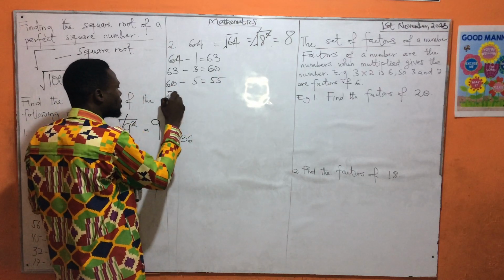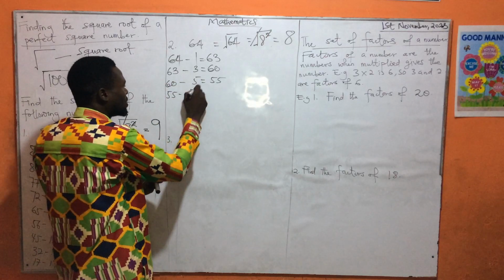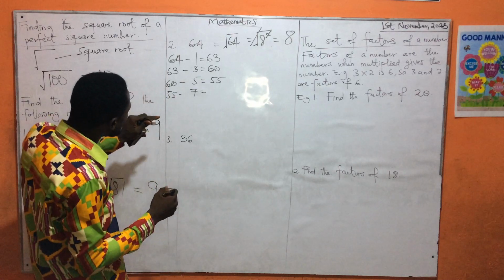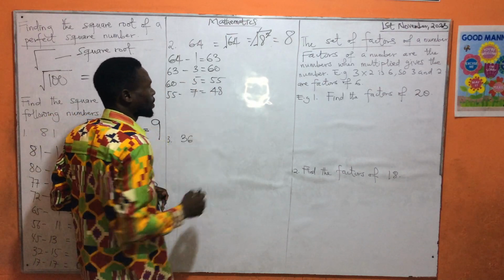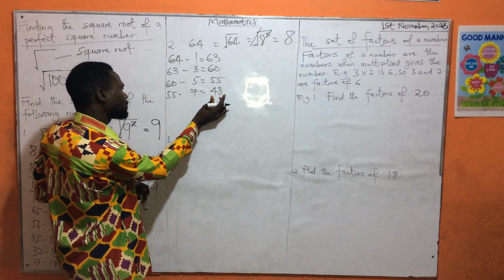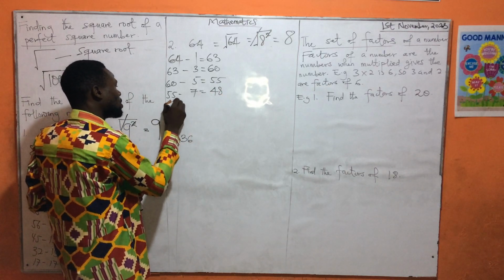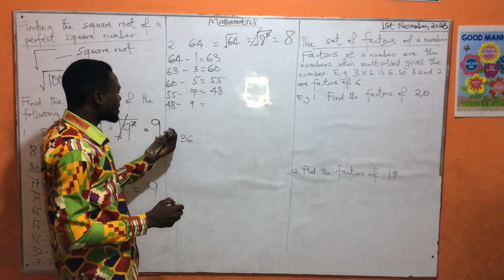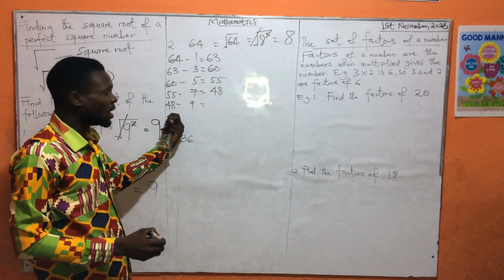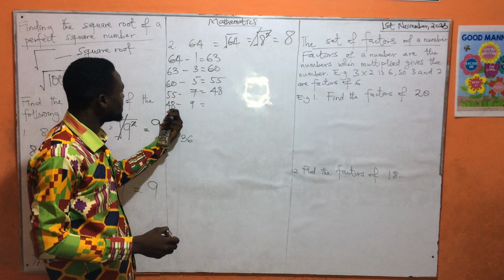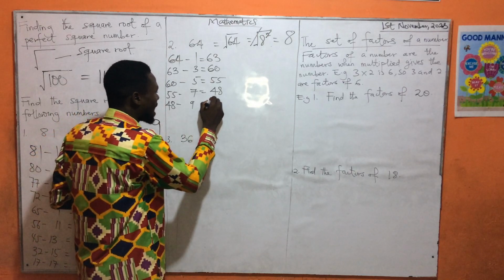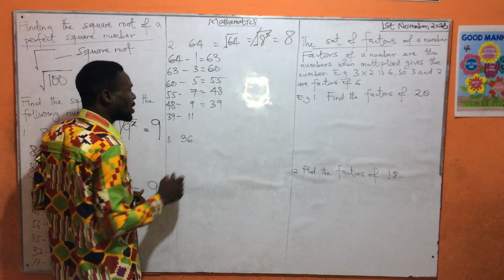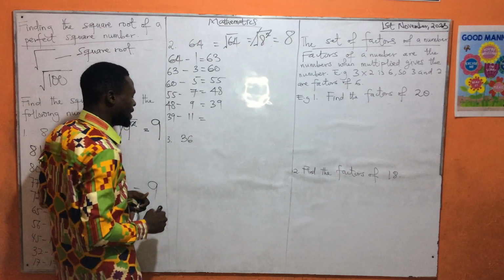Now the 55, subtract the next odd number, which is 7. So 55 minus 7, what will be our result? That should give us 48. This 48 that you have, subtract the next odd number, which is 9. So if I subtract 9 from 48, that should give me 39. Then 39, subtract the next odd number, which is 11. And that is going to give me